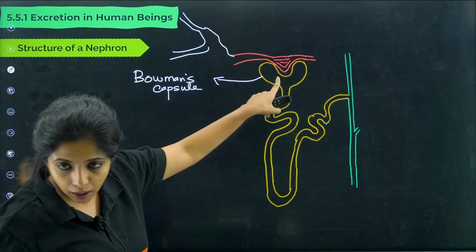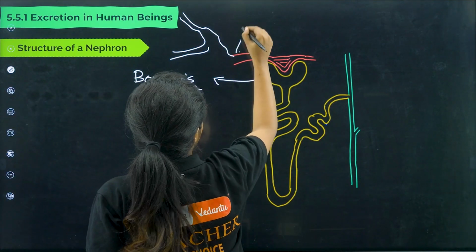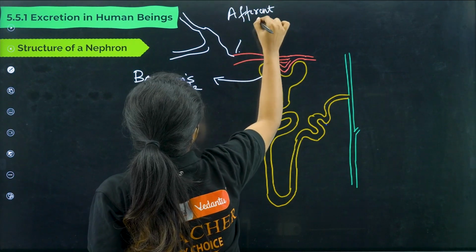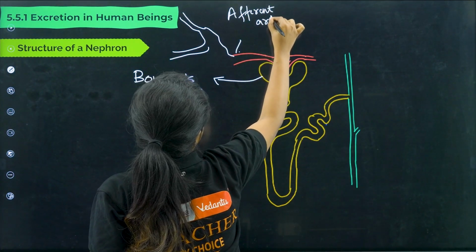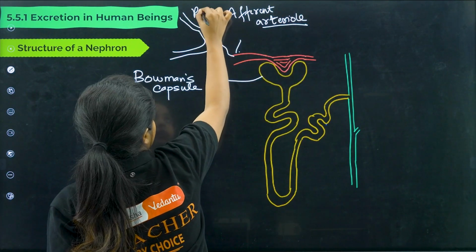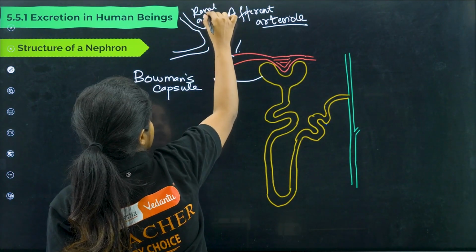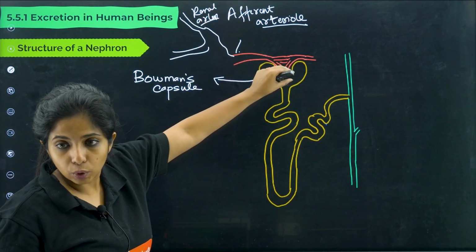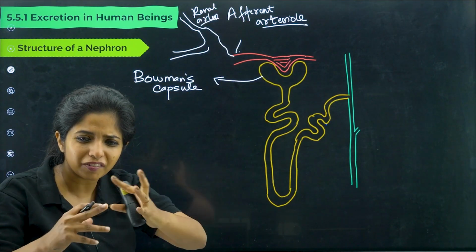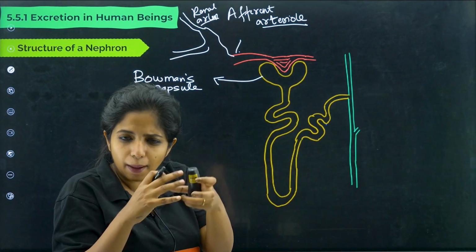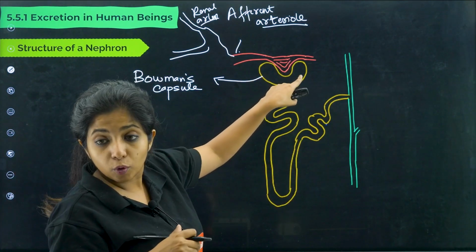So one branch of it comes over here, which I call the efferent arteriole. What do I call? Afferent arteriole. It's a branch of the renal artery which has just come inside. So the afferent arteriole is there. This afferent arteriole will break down and make a sort of capillary in between this particular Bowman's capsule,